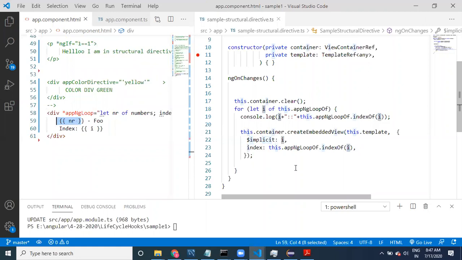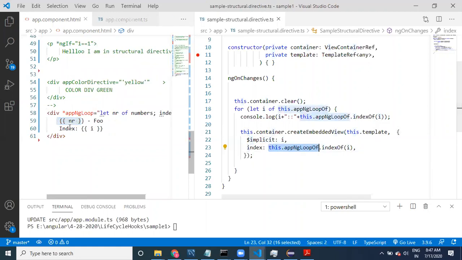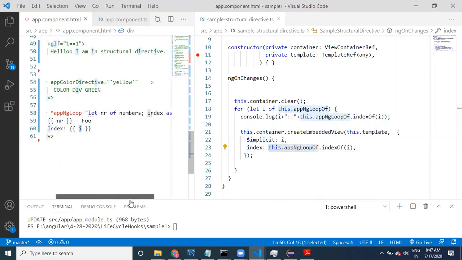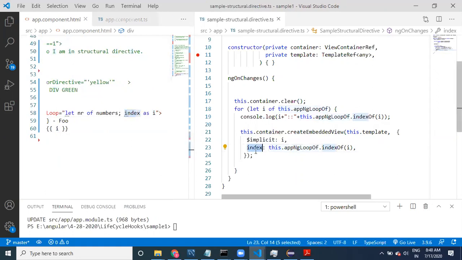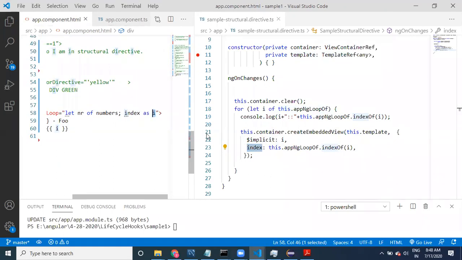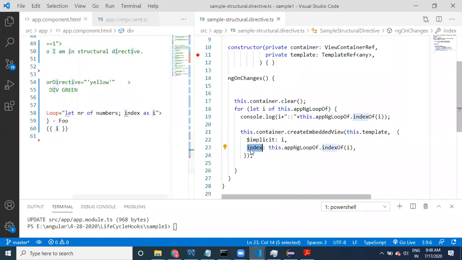Next, this index variable, we are taking what? I. Here in the UI, I is nothing but index. So within this template, we should not say I. Index is a local variable. The user can use any variable name here, but we are going to call it index. This dot app loop of index of I. We can take it like this.